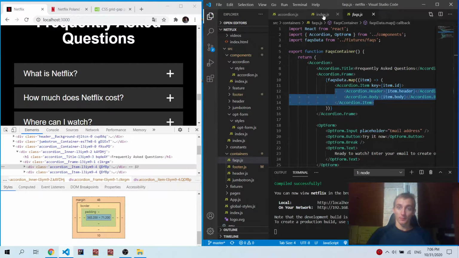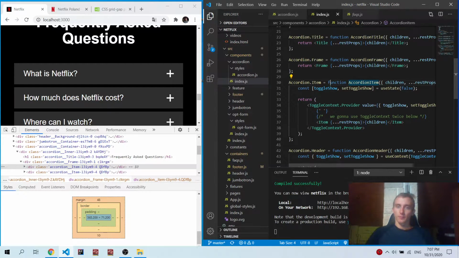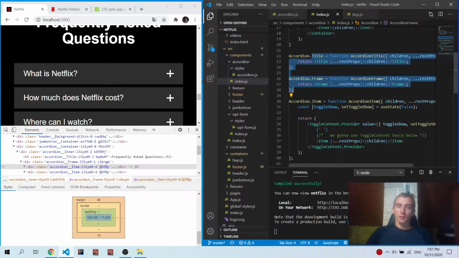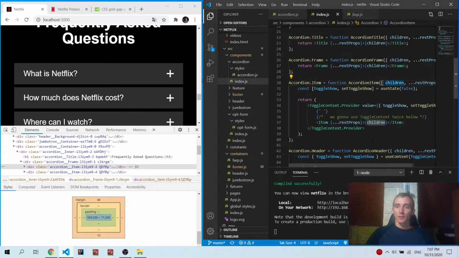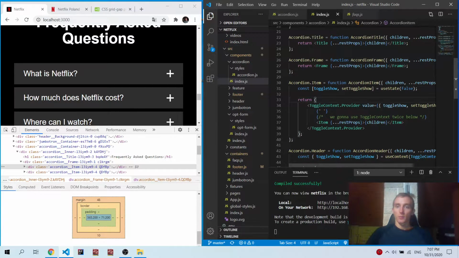This is the item. So the item obviously, I mean title and frame takes rest of the props and children, and the item is a function that takes children and rest of the props, 3 dots, remember,